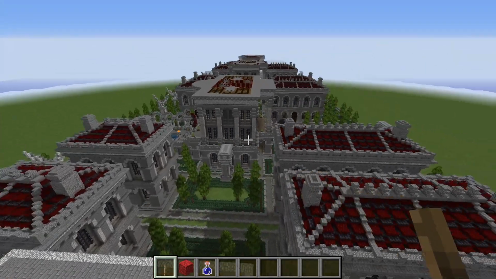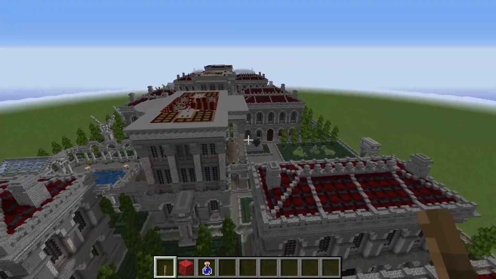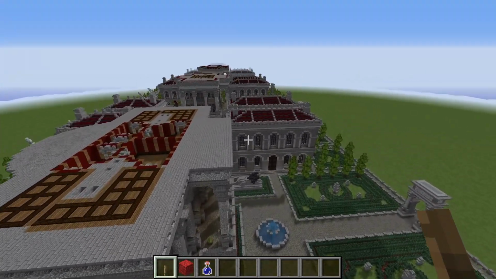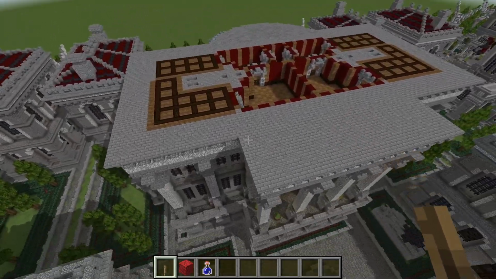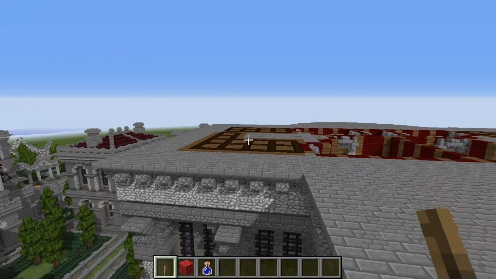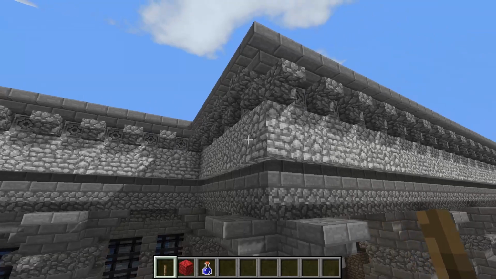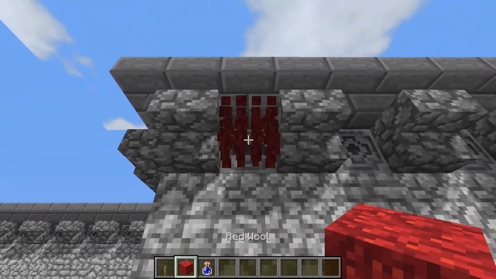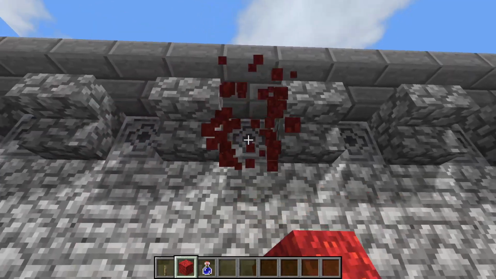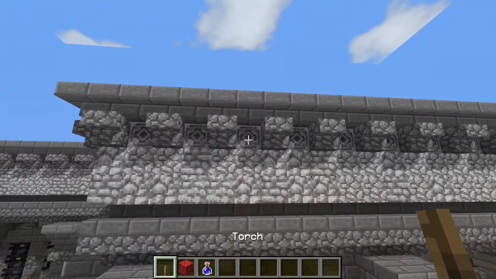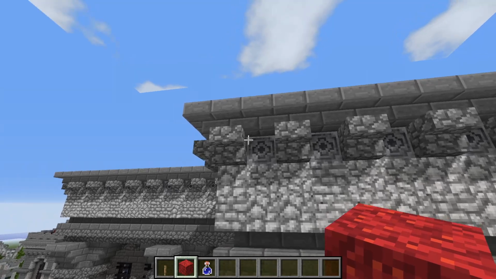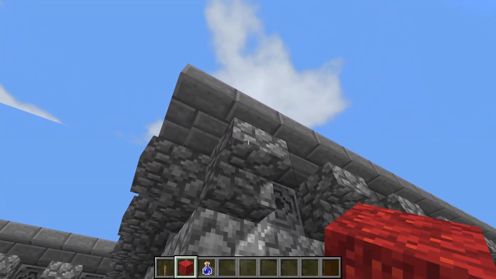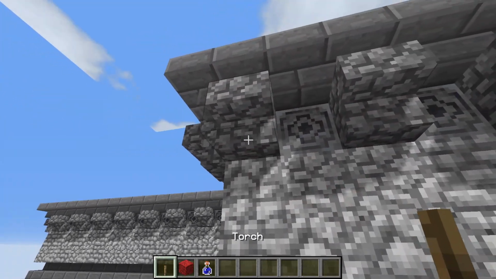So let us move on again to the next phase. We are putting a bit more of the entablature on the outside of the house, and you are doing that with chiseled stone bricks. You want to do every other block chiseled stone bricks, not lodestones. Remember, this is chiseled stone bricks in my texture pack. Up here we have every other block. You're putting in